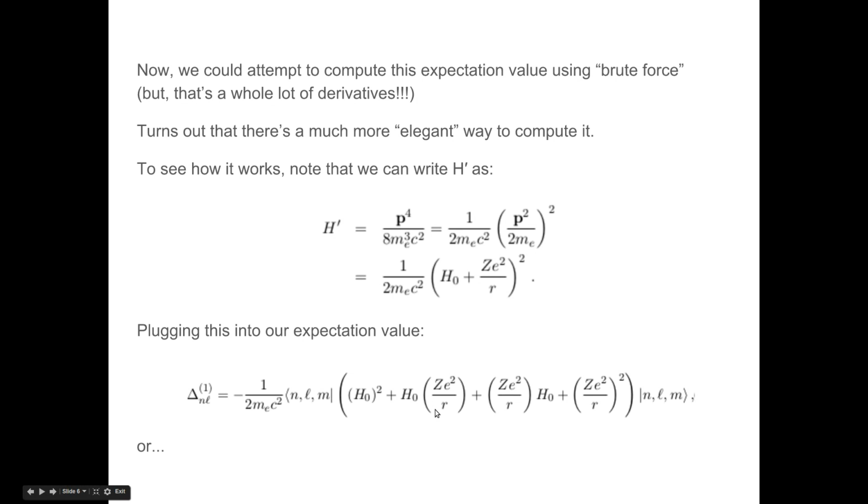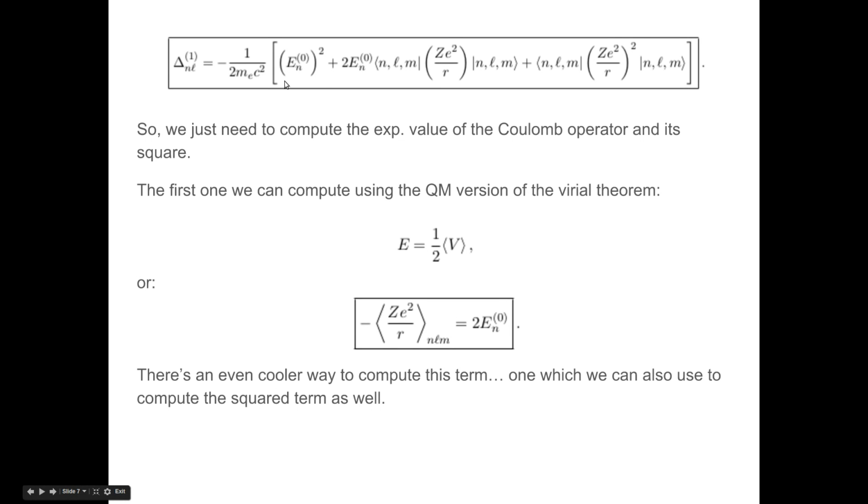The things that I'm going to want to try to evaluate are these Coulomb pieces, the linear piece in the Coulomb potential, and the piece that's quadratic. And that's exactly what I've done here: I've carried out the operations of our unperturbed Hamiltonian. So I get this term, the E squared, I get the E term times this matrix element for the Coulomb potential,